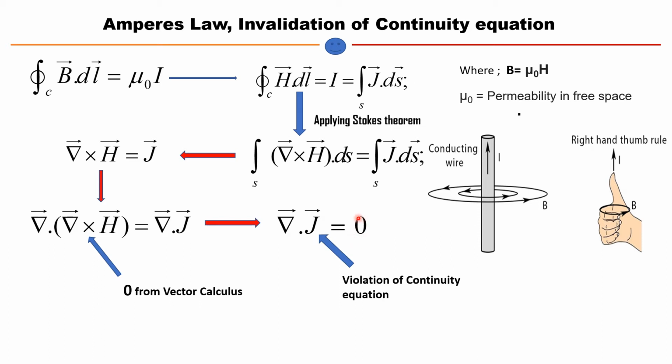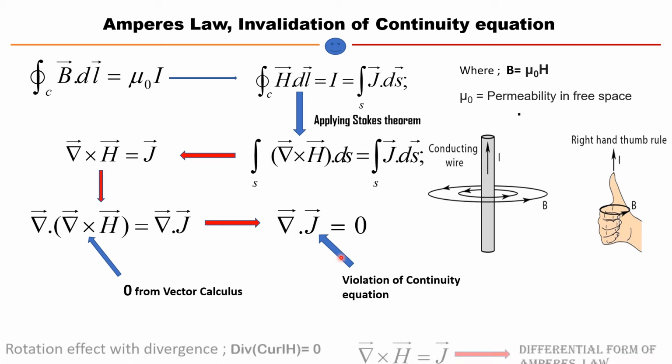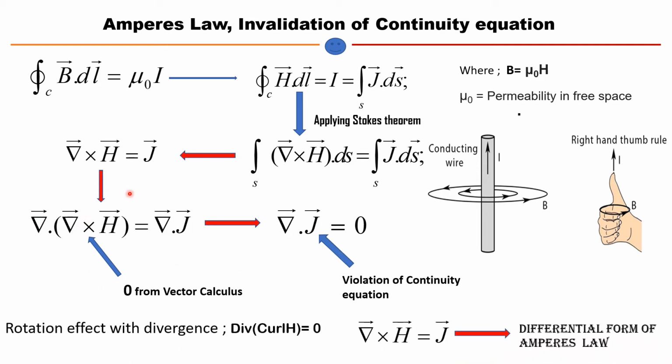So there must be a discrepancy in Ampere's law. This law is not completely wrong, but there must be a discrepancy. And how do we get this term as 0? If we take the curl of any quantity, that means the curling, and then take the divergence, the local outgoingness of the curling of the quantity, obviously in the physical sense that will give us 0. So physically we can realize how this term becomes 0, and from vector calculus we follow this 0. So this is the differential form of Ampere's law, and there must be a discrepancy.